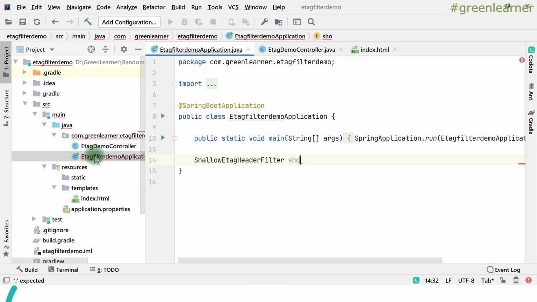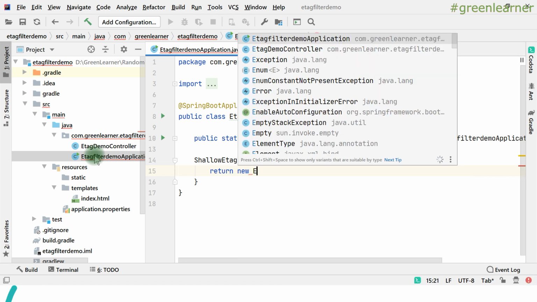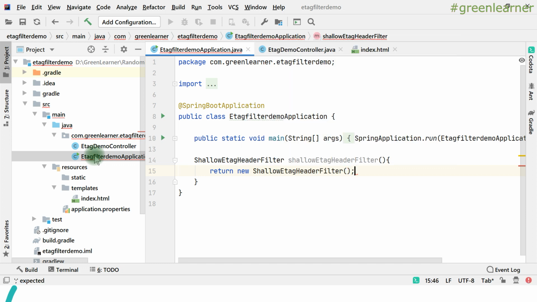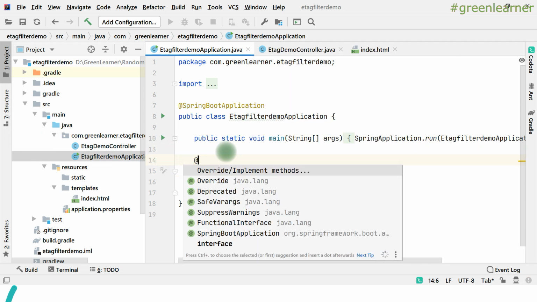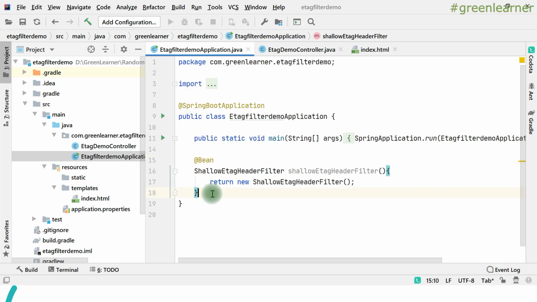I have to create a bean out of that. So return new ShallowEtagHeaderFilter, and annotate it with @Bean, right? So that's it, we are done.